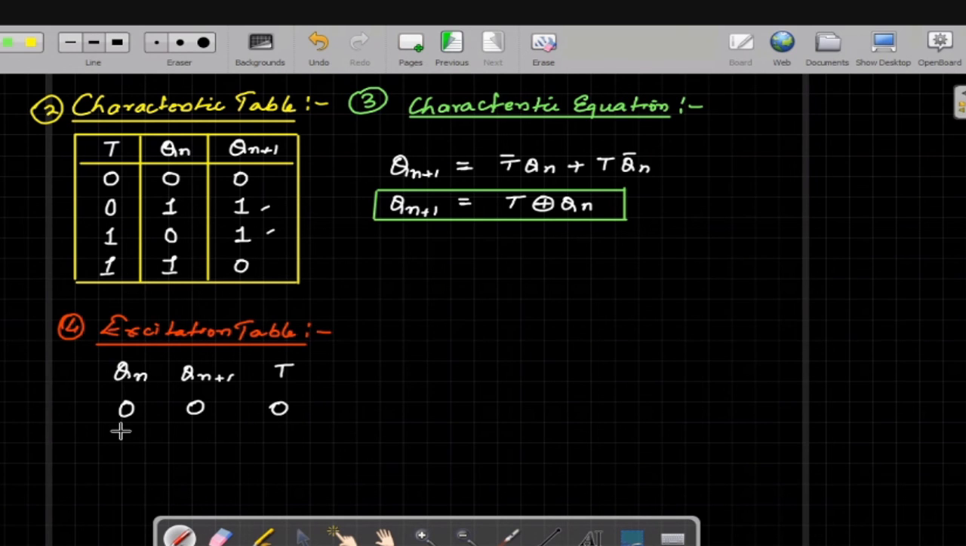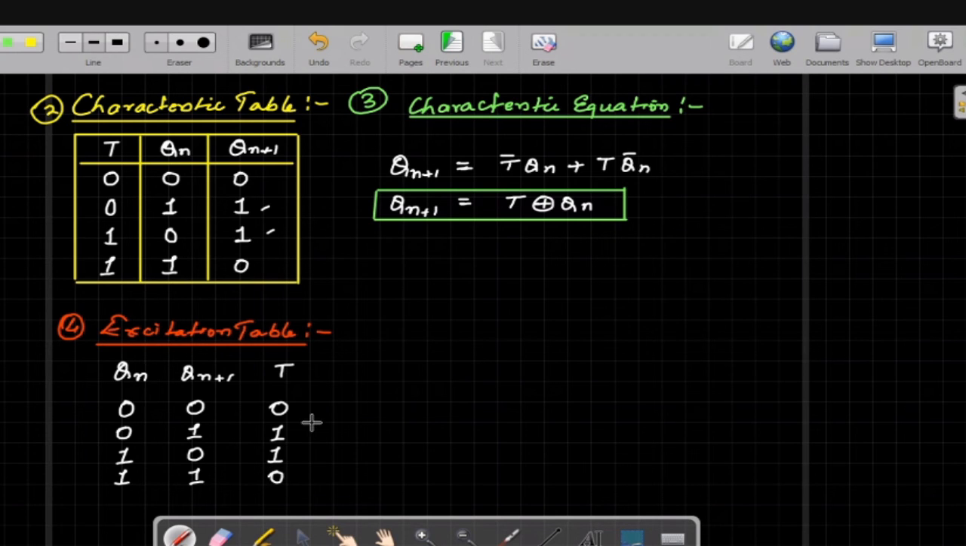अगर मेरा पहले 0 था, मैं उसको अब 1 करना चाहता हूँ, तो उसके लिए मुझे T पर क्या इनपुट लगाना पड़ेगा? 1। वेरी गुड। अगर मेरे पास पहले 1 था, अब मैं उसको 0 करना चाह रहा हूँ, तो मुझे यहाँ क्या करना पड़ेगा? 1। वेरी गुड। और अगर ये मेरा 1 था और मैं इसको फिर से 1 ही रखना चाहता हूँ, तो यहाँ पे मुझे क्या करना पड़ेगा? 0।